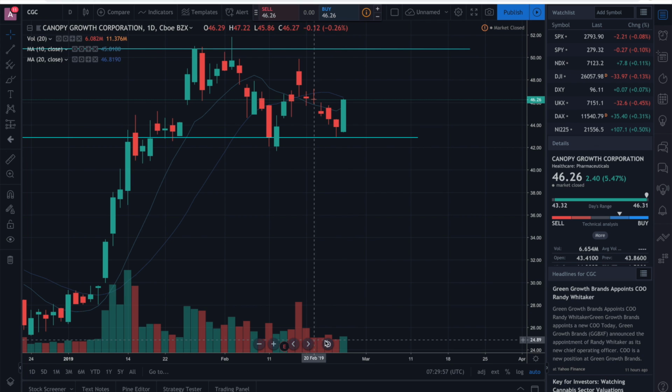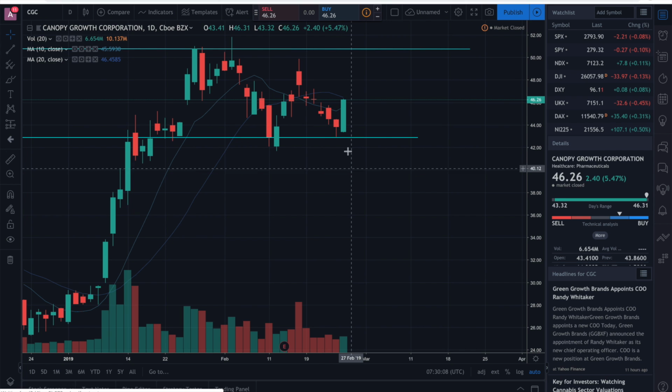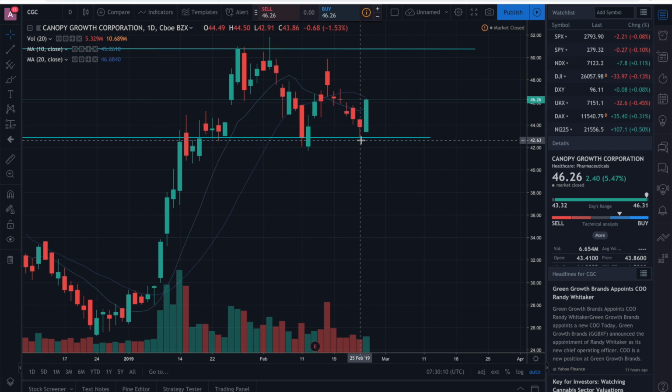You see how the volume kind of averaged out, and there were a lot of wicks on the bottom of the candles, which means that there was a lot of bullish move, and the bearish move was not able to push it under this support line. So what we're looking for next is another continuation candle. So if tomorrow we have another green candle by the stock, and which we should, because a lot of good